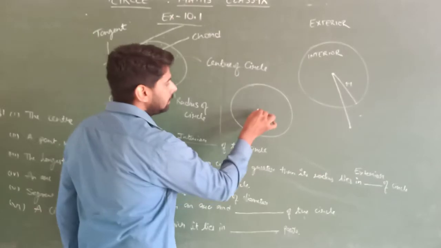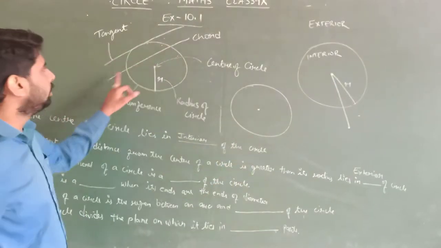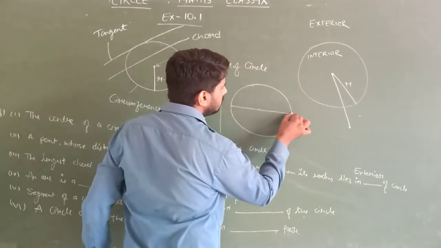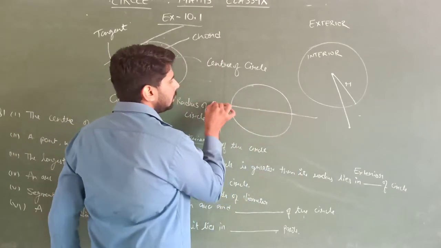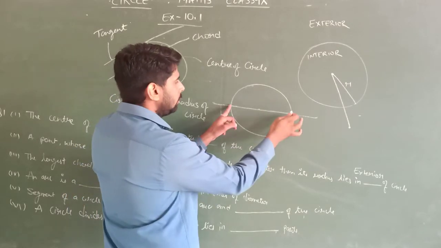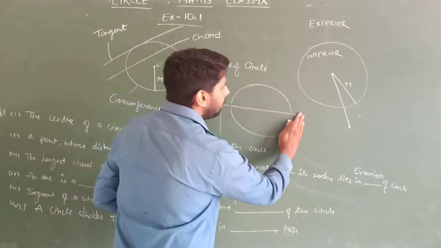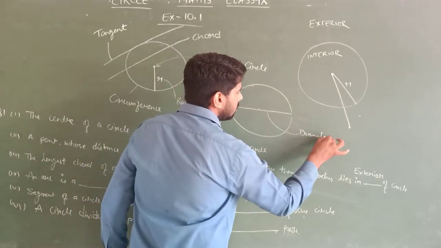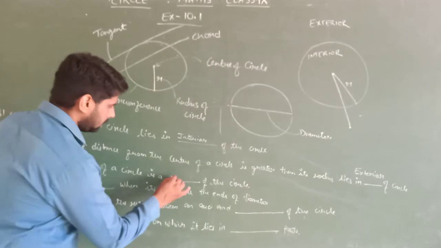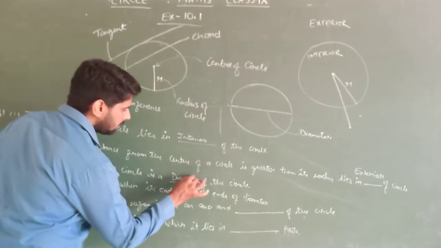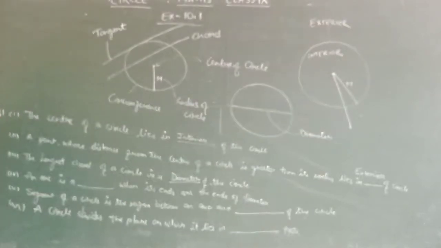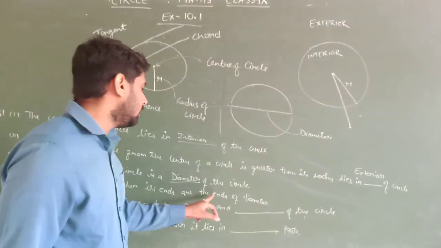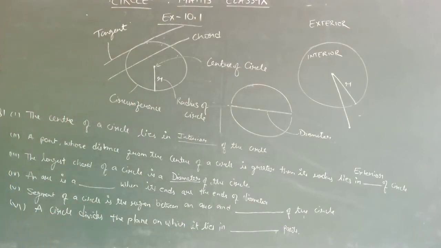Next one is the longest chord of the circle is, see, this is the circle, chord which divides the circle in 2 points, this and this. तो longest क्या होती है? जो यहाँ से पास हो, which passes through the center, और center से क्या पास होता है? That is the diameter of the circle. This is called the diameter of the circle. So we should write diameter of the circle.